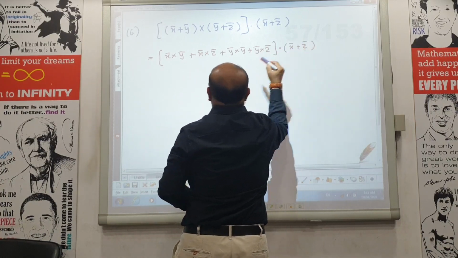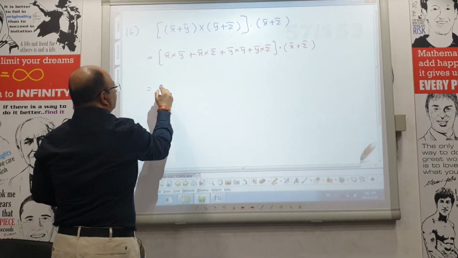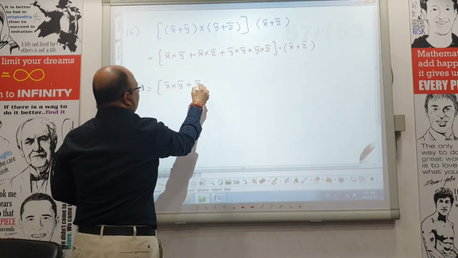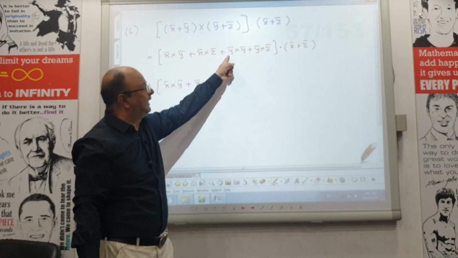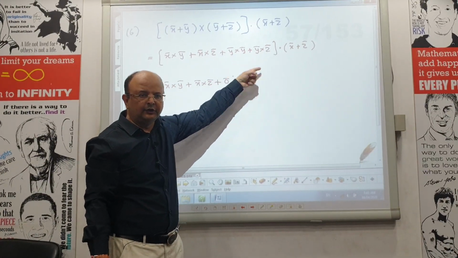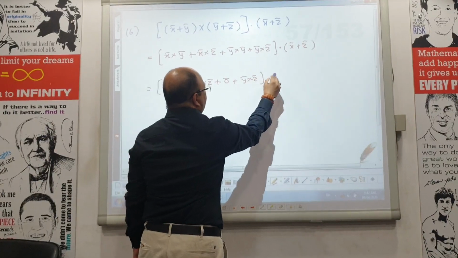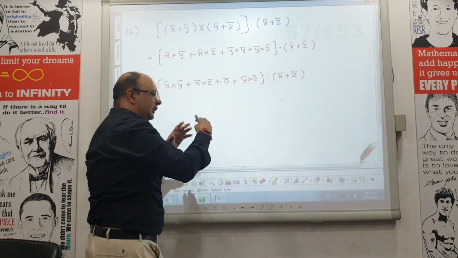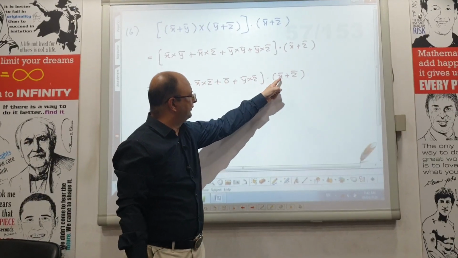bar plus Z bar. I go for, yeah, this is X bar cross Y bar plus X bar cross Z bar plus 0 bar. You know that Y bar cross Y bar is 0 bar, plus Y bar cross Z bar dot X bar plus Z bar. Well, that is easy. Now you can expand, multiply this dot product with X bar.